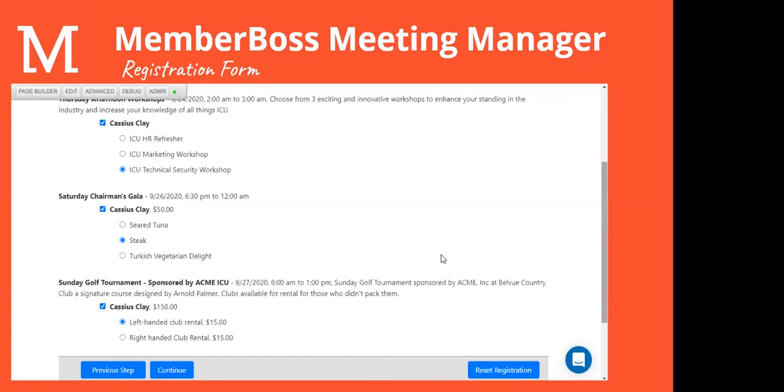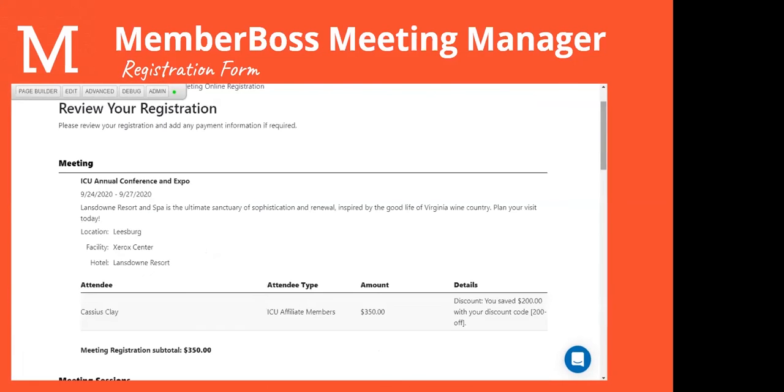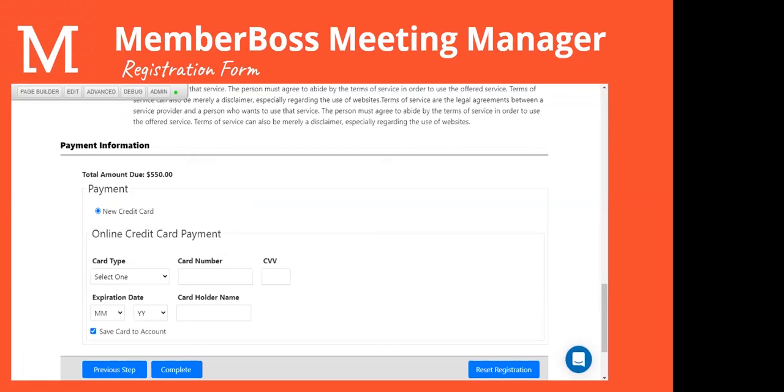After setting up their sessions, click on continue, and you'll be able to review your registration information before submitting it. And further down, this is where they'll be able to submit their payment info. Once the payment info is submitted, click on complete, and voila,